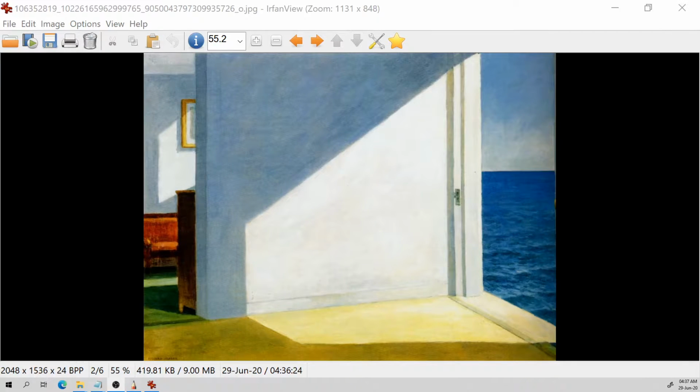So James Gurney proposed the following problem. You have this Edward Hopper picture with this setup here, an open door, light coming in, and the question is, can the shape of the projected light be like this? So basically you have two quadrangles, one on this wall and one on the ground. Can this be right? And actually it can't, at least with the assumptions we naturally make when looking at the